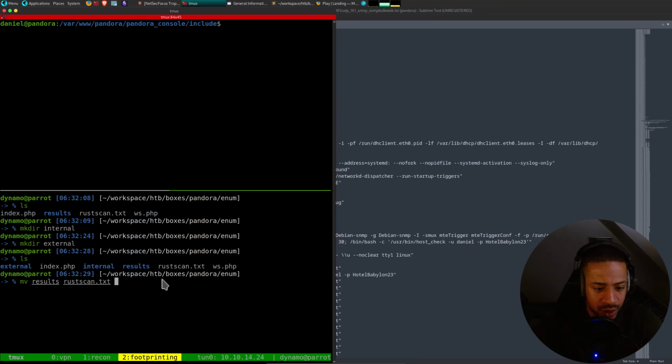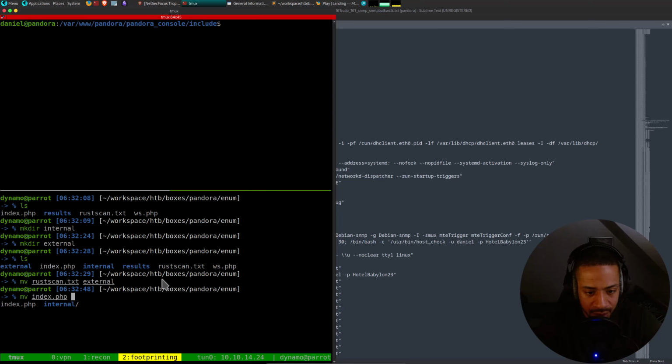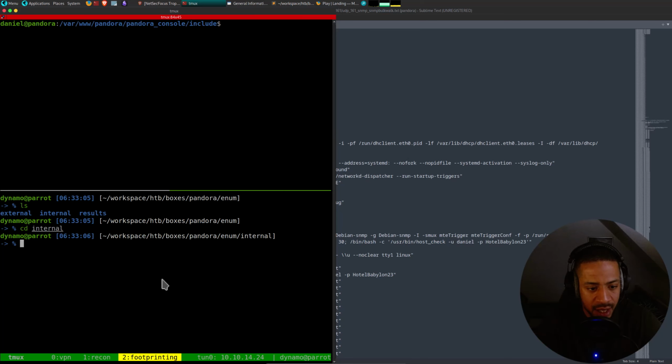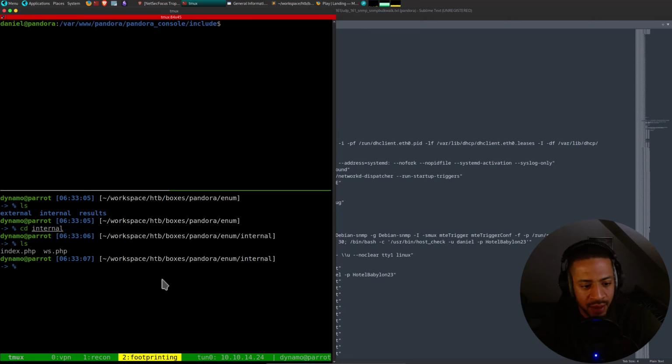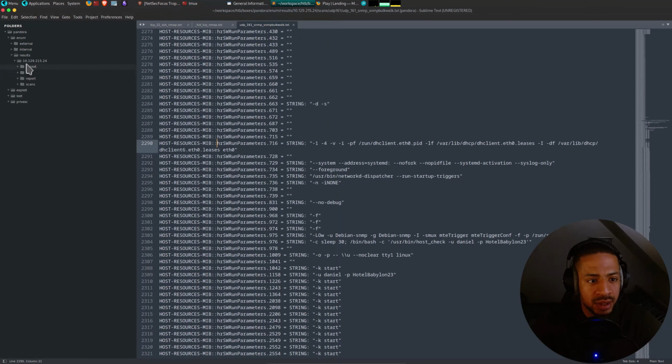Okay, we'll not move results, because otherwise that will just make it not nice. External, and then we'll move index and WS into internal. I really like to be organized, as you can see. And then let's go into internal, and we have those. And now here in Sublime, that should also be cleaner.